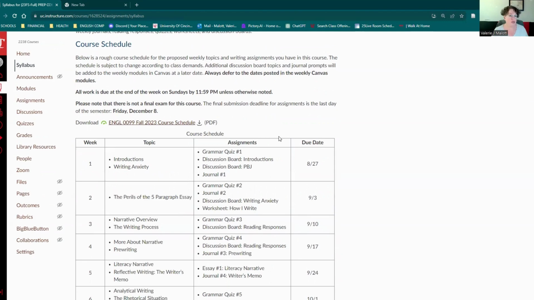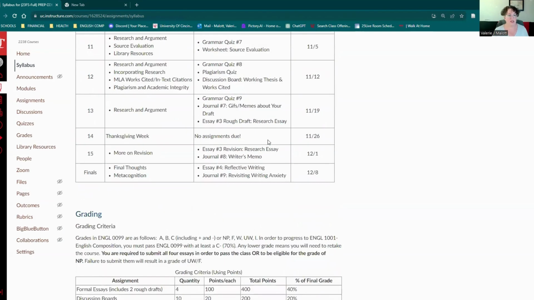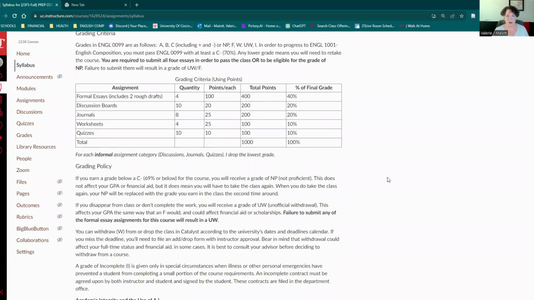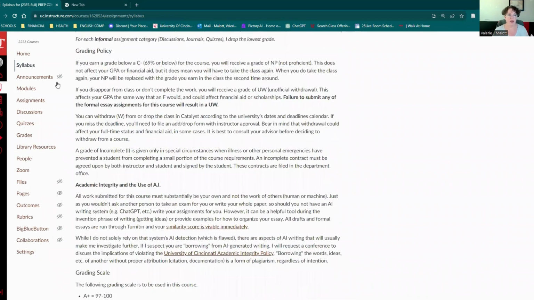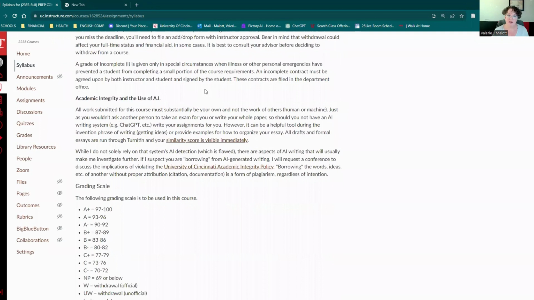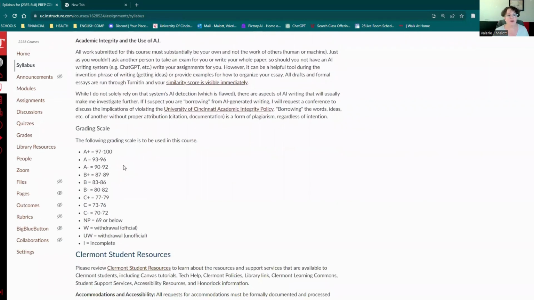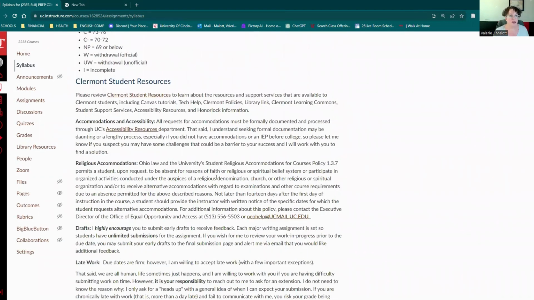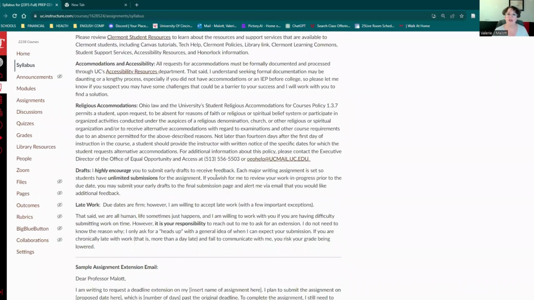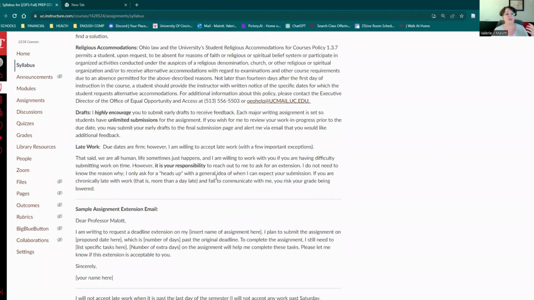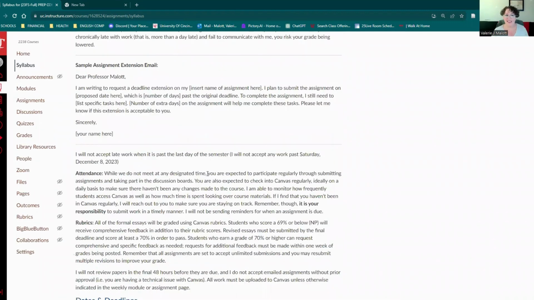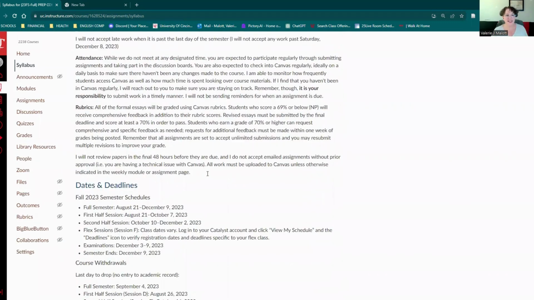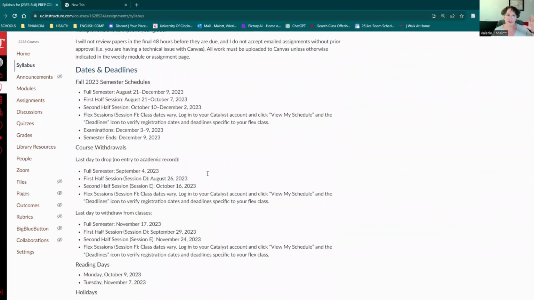Then come assessments and activities, the course schedule with all the dates and the assignments, grading, how many points they're worth, that kind of thing, my grading policies, and academic integrity and the use of artificial intelligence. This is new, but usually we have some kind of statement regarding academic integrity, plagiarism, and that kind of thing. That's followed by the grading scale, a link to the Claremont student resources, wording about accommodations and accessibility, religious accommodation, drafts, late work policy, a sample assignment extension email, attendance, rubrics,